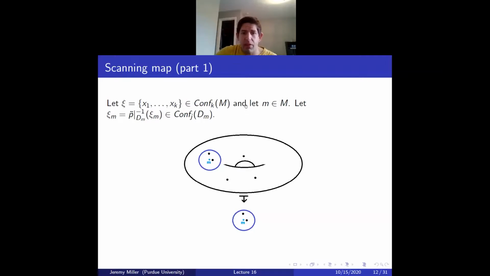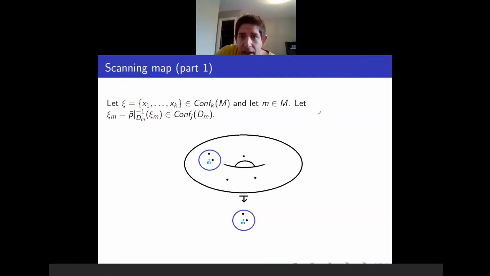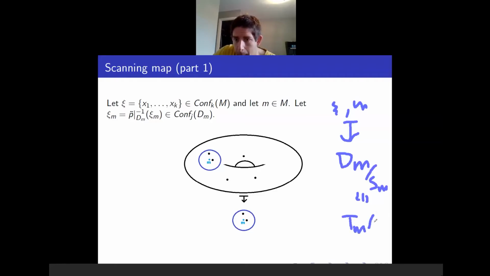Okay, we have some configuration x_1 through x_k in the configuration space, and we have some point M. And our goal is to take this data and produce, from the squiggle and M, an element in D_M mod S_M, which is the same thing as the tangent fiber of M. So this is what we're trying to do, and the first step is we're just going to let squiggle_M be